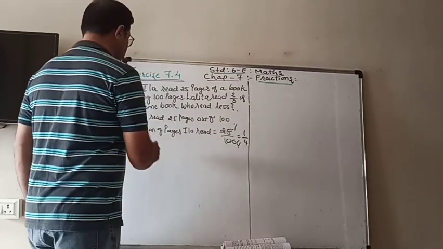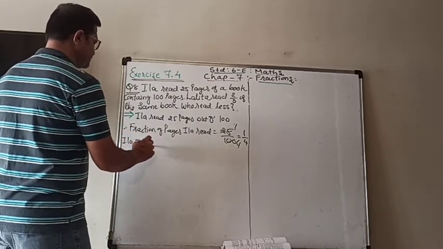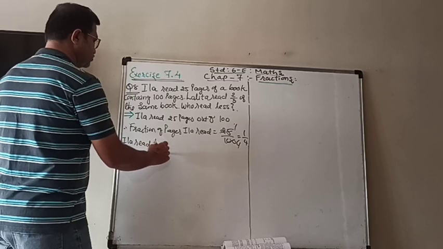So 1 upon 4. So now we can write that Ila read 1/4 of a book